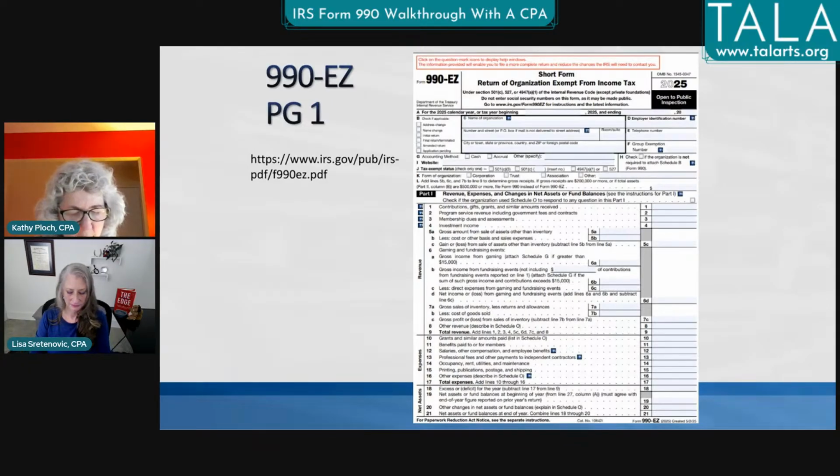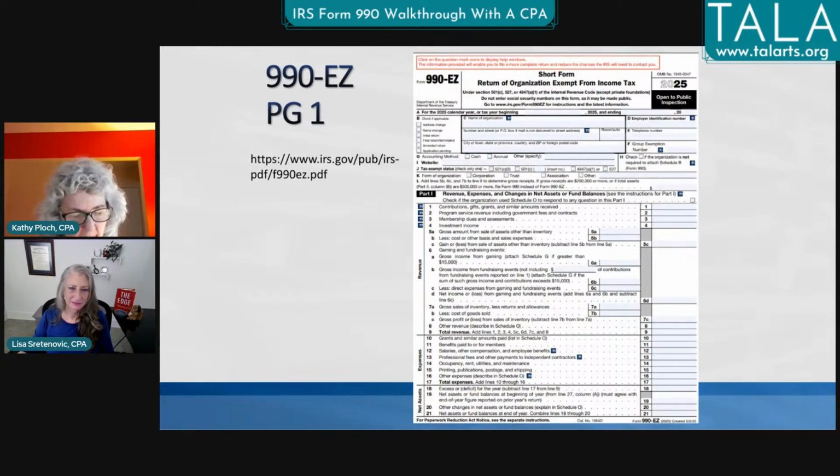Printing, publications, postage, and shipping, that's your office supplies type thing. And then, of course, other expenses. They say describe in Schedule O those other expenses, but y'all don't get crazy. Just try and keep it simple, not have 50 accounts there.